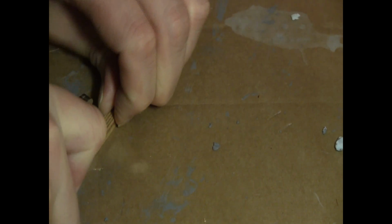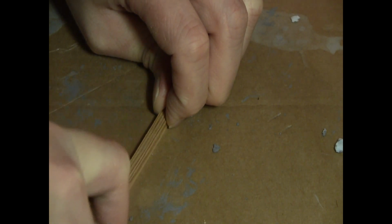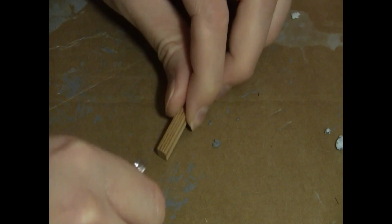For example, having good tools. However, I don't, so I will use the knife. But yeah, I think that worked reasonably well. Next question is, can I just get rid of this piece here? I might be able to just... Yeah, I think with a bit of work I will be able to get rid of this extra wood that